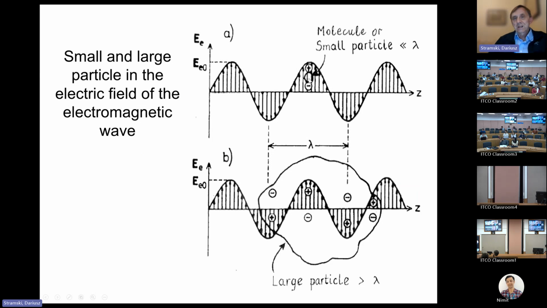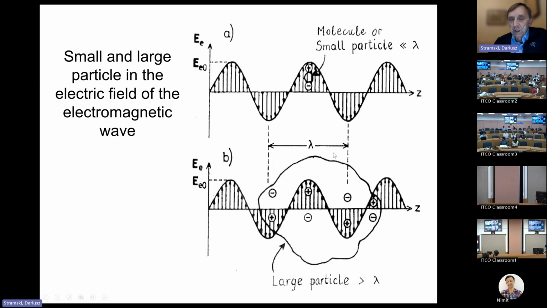And you can see that at any instant, this molecule, which we here assume consists of positive and negative charge, is experiencing a specific phase of the incident field. So that's a relatively simple scenario. As time goes on, this molecule will experience different phases and different magnitudes of the